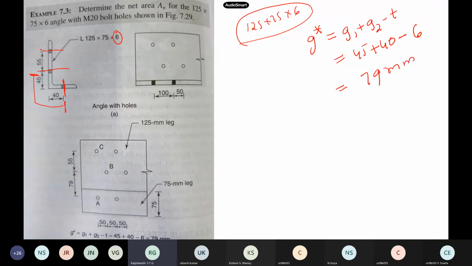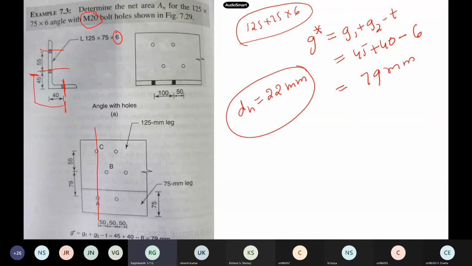So now you have to calculate, here I think the bolt hole is 20 mm and other things have been given. So the hole diameter, if it is a standard hole, will be 22 mm. So now you have to calculate the net area. Okay, the same formula we use here. Here it can fail in a variety of cases. One is AC, this is a failure pattern. So for failure pattern AC, what is the area? And then the gross area of this section.